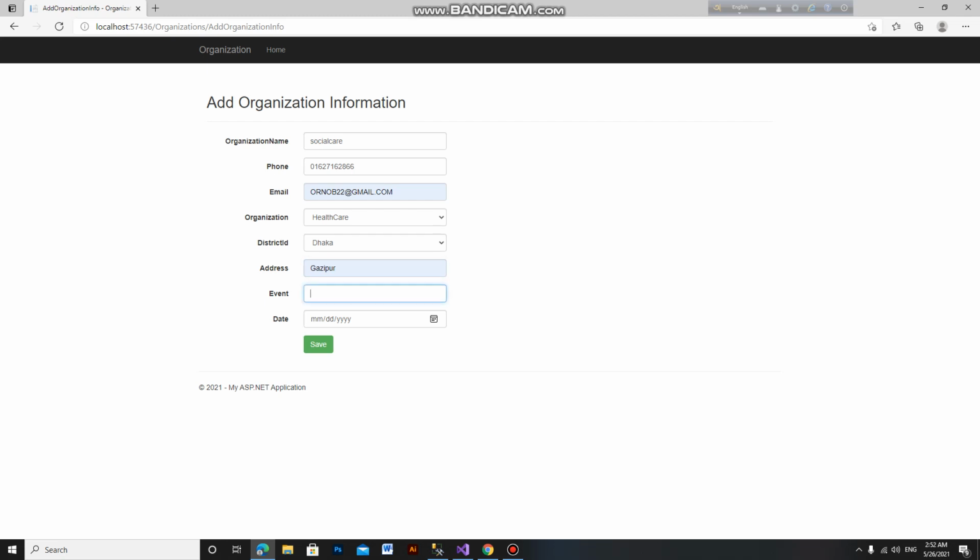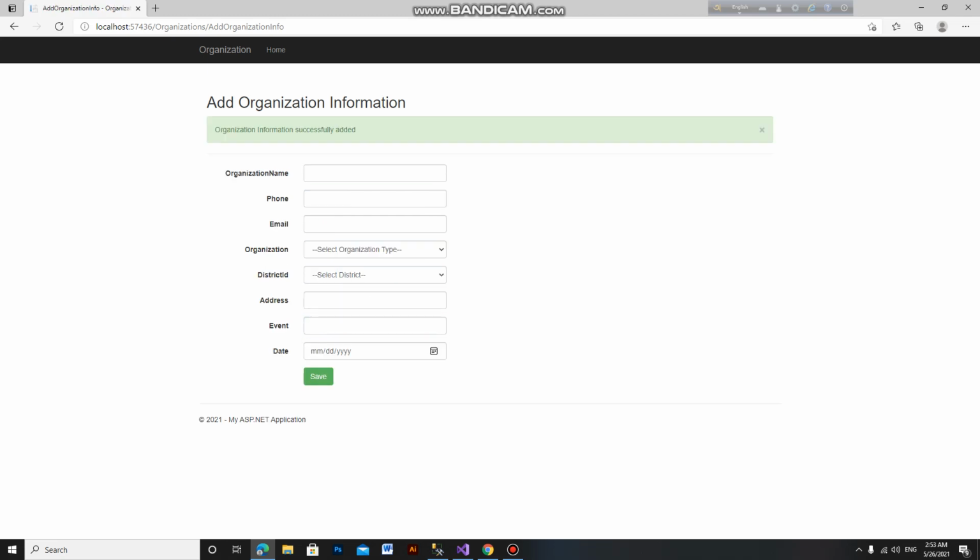Event, how can we create an event? So we create an event, safe donate blood, safe for life. This is the fixed date, then save.